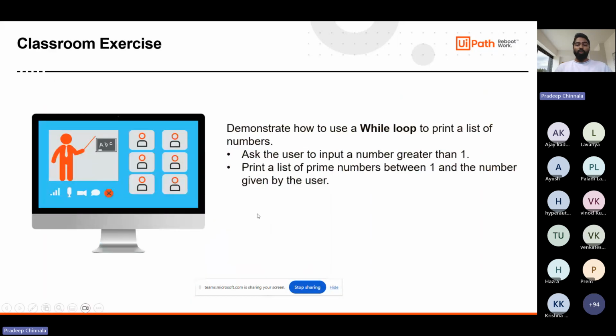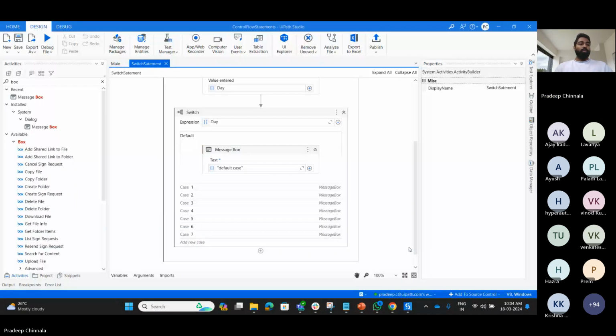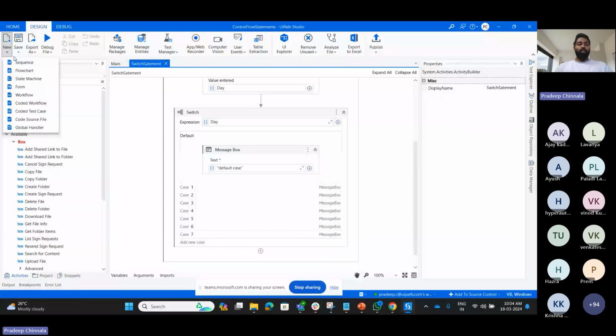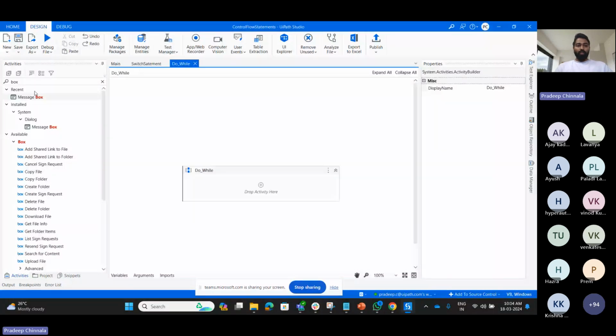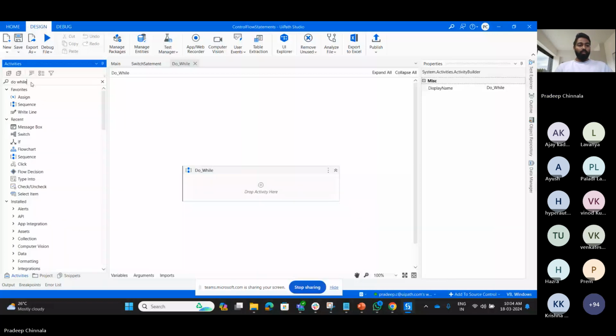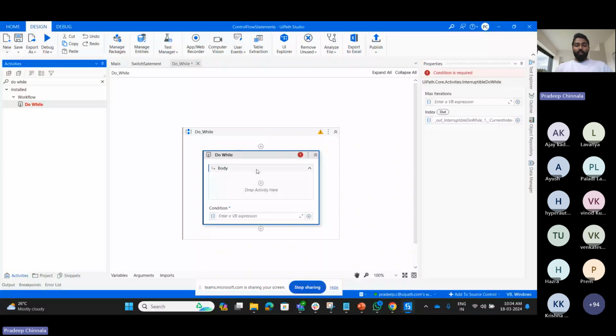So let me explain it in the studio so you'll get a better idea about it. I'm going to create one sequence, Do while. When you see the do while activity, here is the body. The body will execute at least once, and the condition is here. So what I'm going to do,